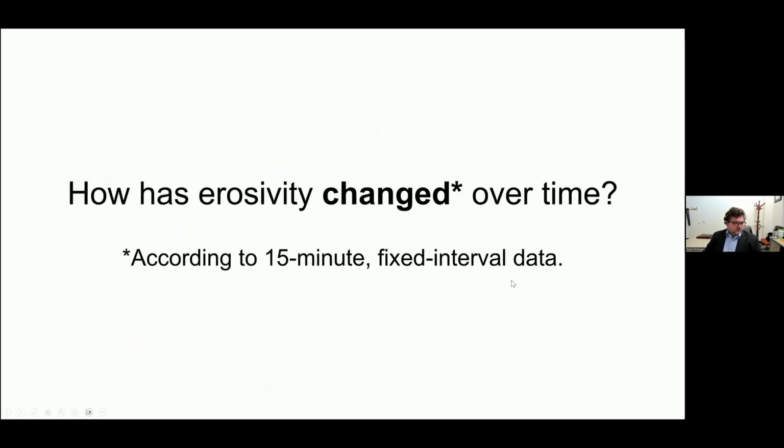So then another question, how has erosivity changed over time? And I'm going to put an asterisk here because I'm wrapping up the talk. But all of this that I'm about to show you is according to 15-minute fixed interval data. So this is not according to breakpoint data. The results would be different. But we use 15-minute data because there are not so many breakpoint stations out there, and we have to use